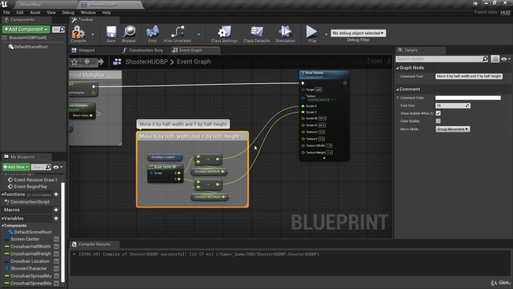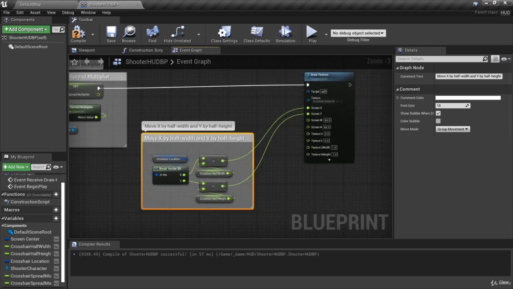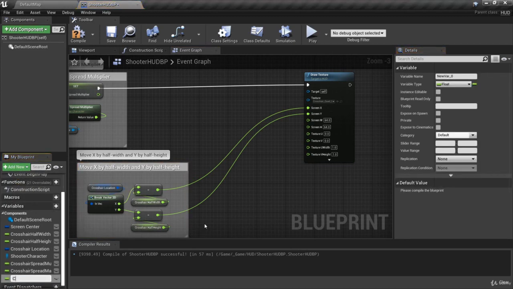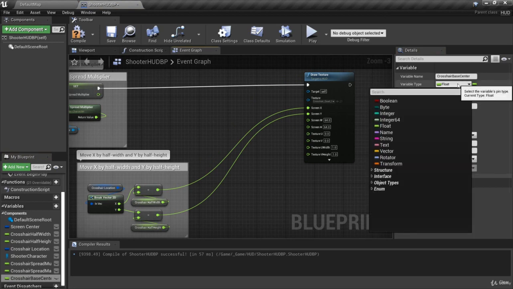So far, all we're doing is taking our crosshair location and we're subtracting off the crosshair half width and crosshair half height, and this gives us basically our base crosshair location. We can call that crosshair center. In fact, we can go ahead and put these both in a 2D vector and call that crosshair base center. Let's go ahead and create a new variable and call this crosshair base center, and we'll make this a vector 2D,